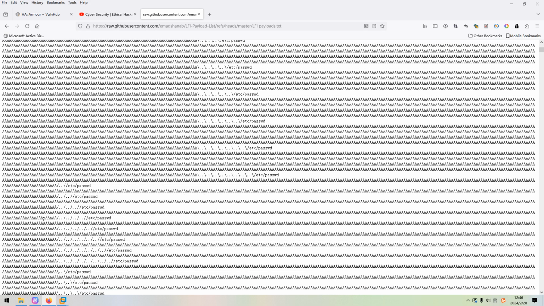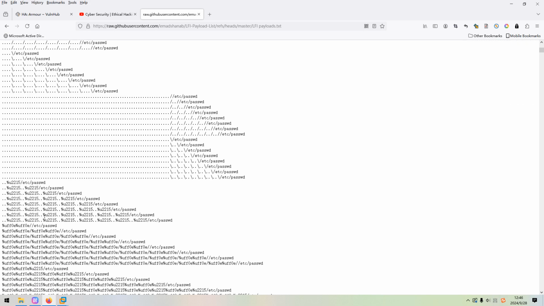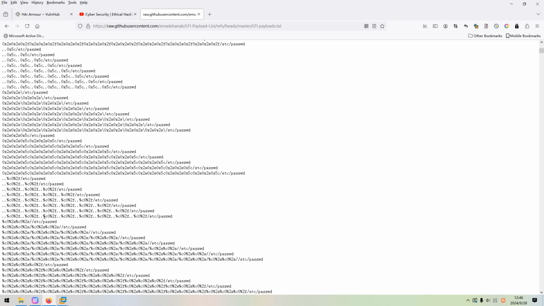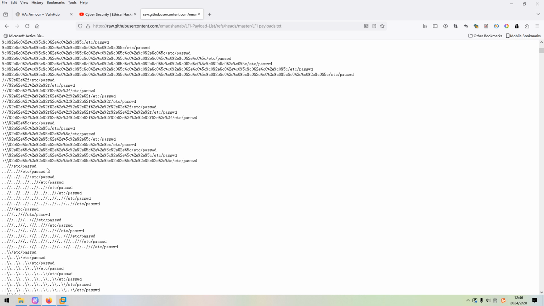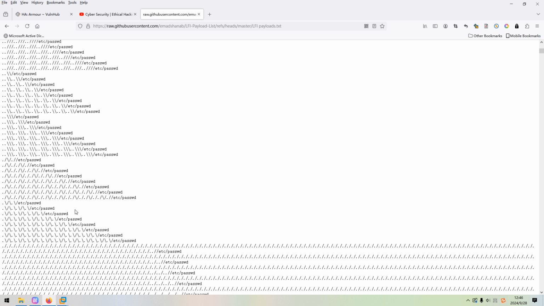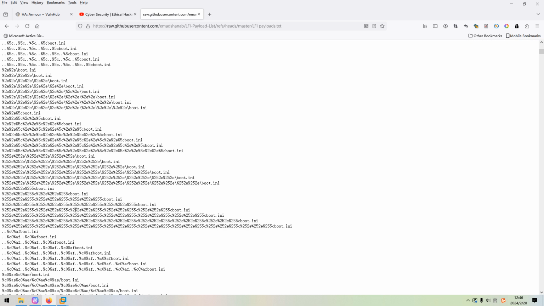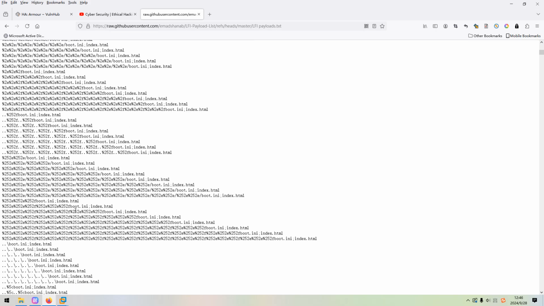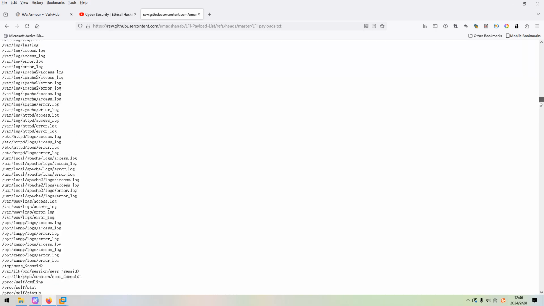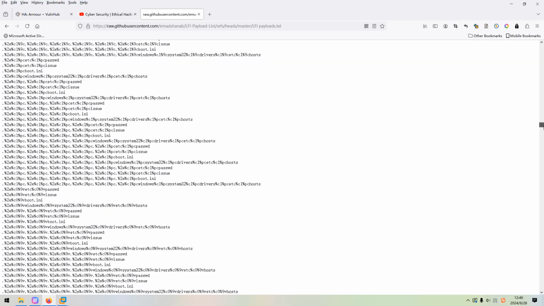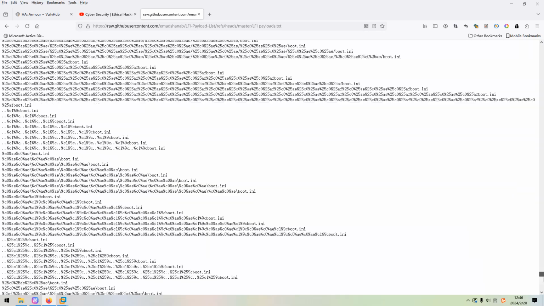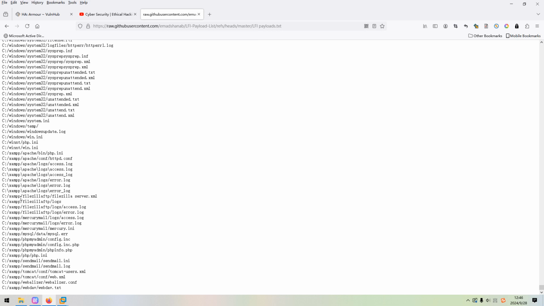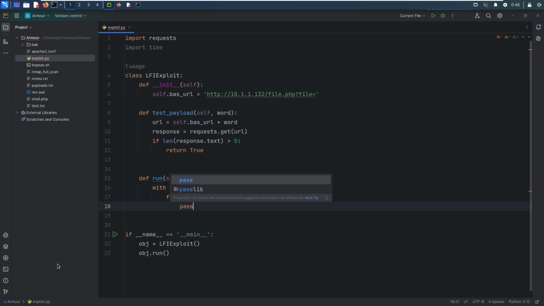We can scroll down. There are also some bypass characters, but I want a very large payload. For example, this one is used for a Windows machine, so we can make some conditional.